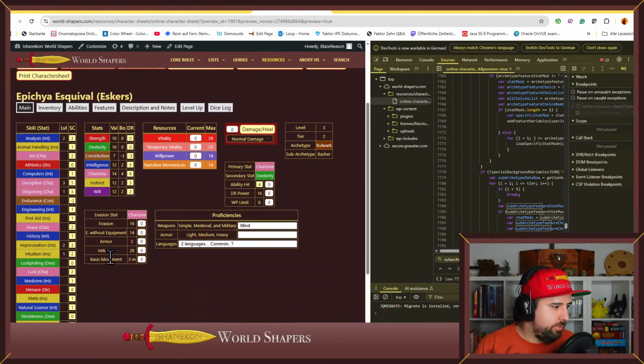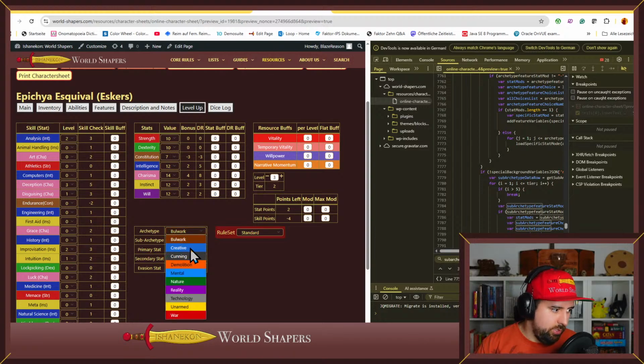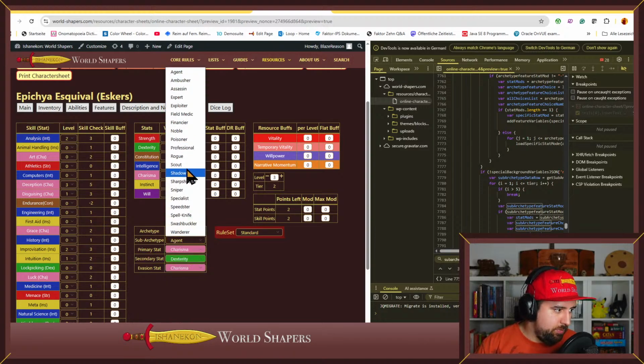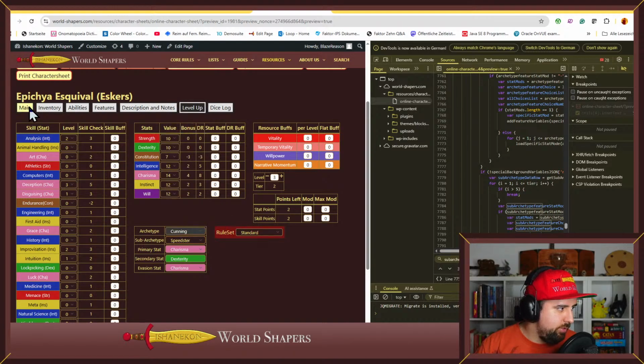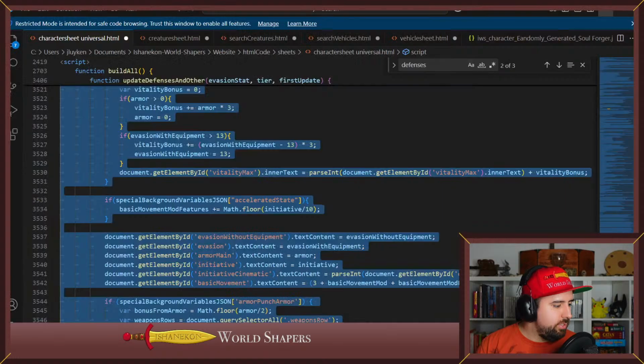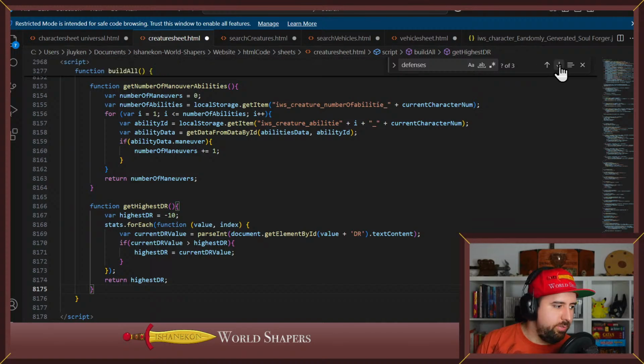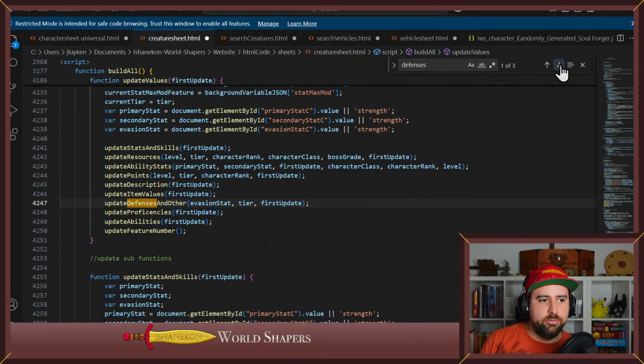So this character has an initiative of 28, so basic movement should go up by 2 technically, but Speedster also increases the initiative by 4, which would put it over the edge and increase it to 6. Let's see. Cunning, Speedster. And we have, bingo! Basic movement of 6. Nice, it works. And I think this one can actually be added very easily to the search engines. So that's great, because Speedster is interesting options for some